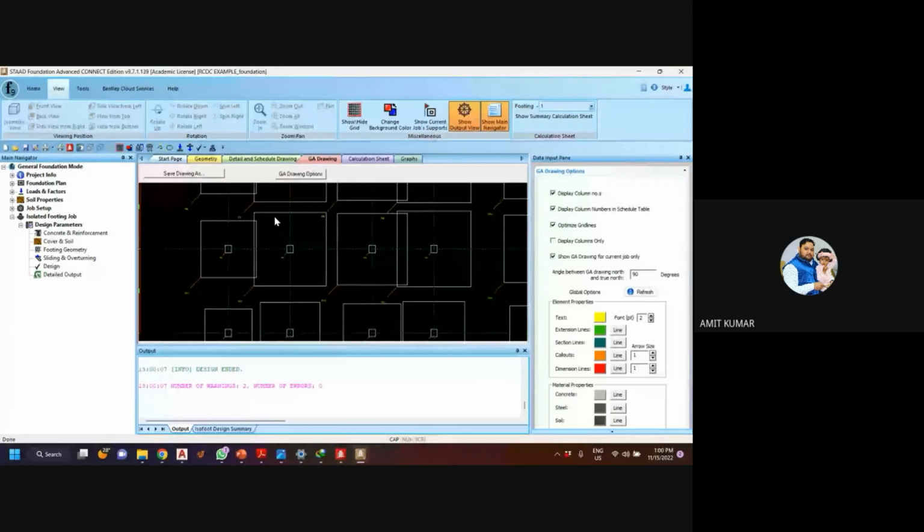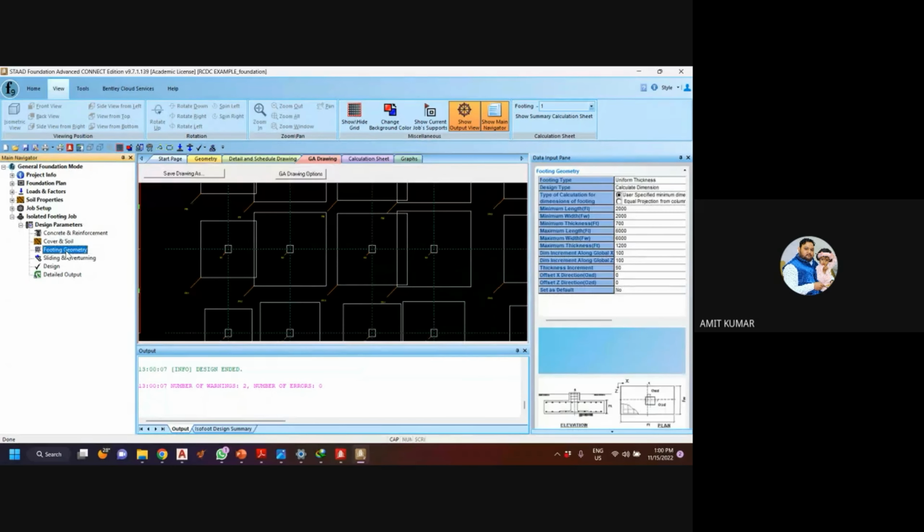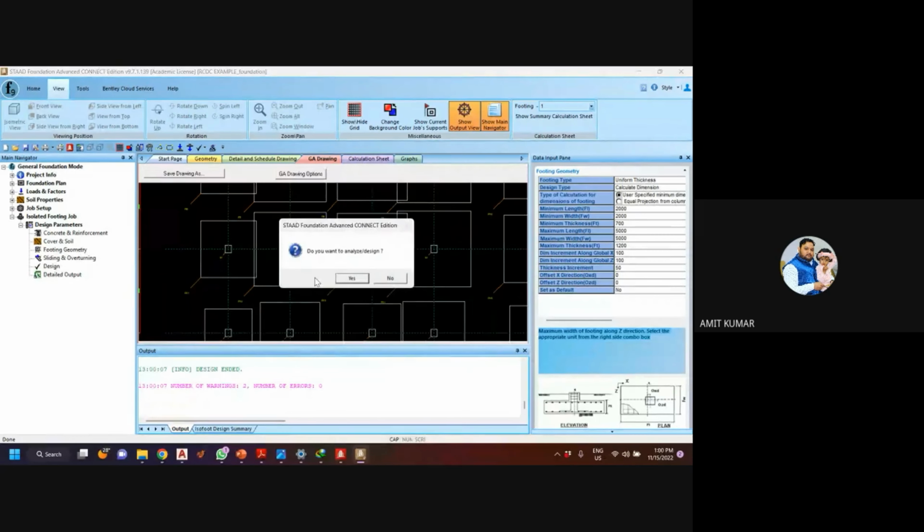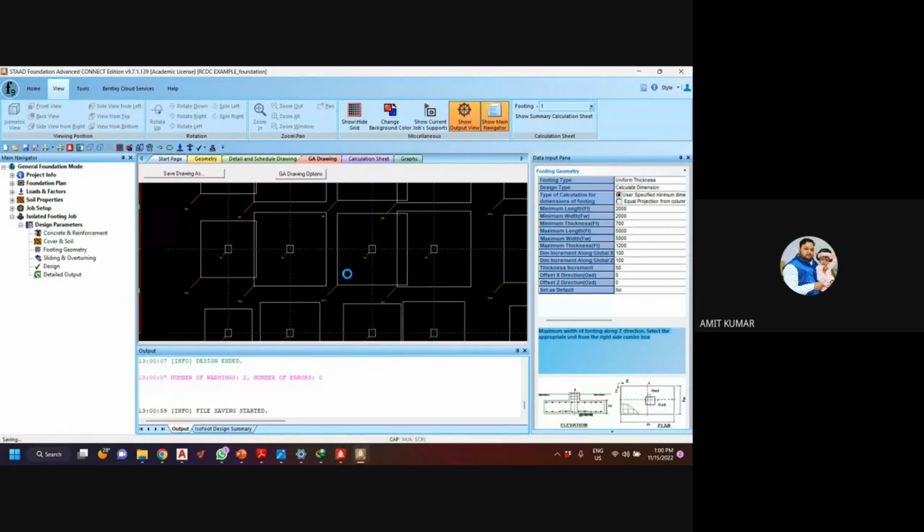So just reduce your maximum data from the footing geometry. Like maximum length is 6,000, so you can change it, and the maximum width also, like 5,000 for each. So maybe it will not overlap, but still